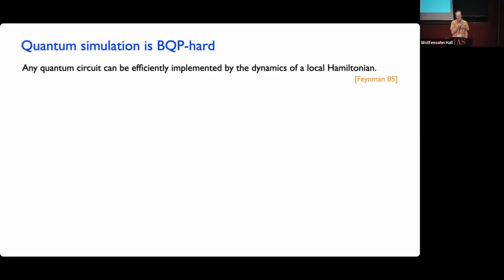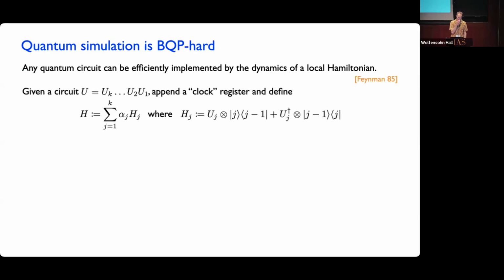And this really follows from one of the very earliest results in quantum computing, which was in this paper that Feynman wrote in 1985, in which he was thinking about how you would realize reversible classical circuits with a quantum mechanical Hamiltonian. But you can just plug quantum gates into the construction that he gave and immediately see that you can implement general quantum circuits by the dynamics of some Hamiltonian. So the idea is as follows. It relates to these things called clock constructions that have been super useful in many areas of quantum computing and quantum complexity. What we want to do is take the action of some quantum circuit and encode it into the dynamics of some quantum Hamiltonian.